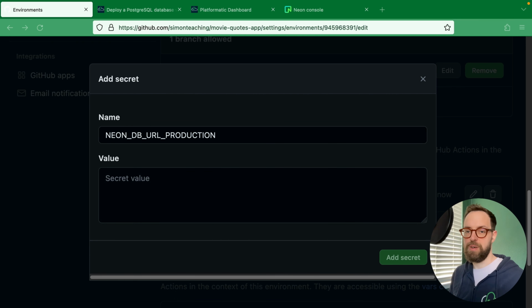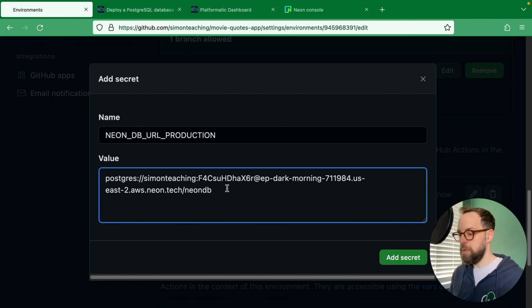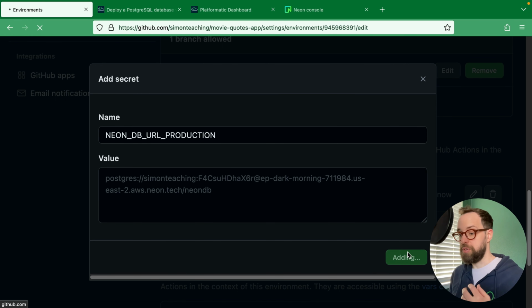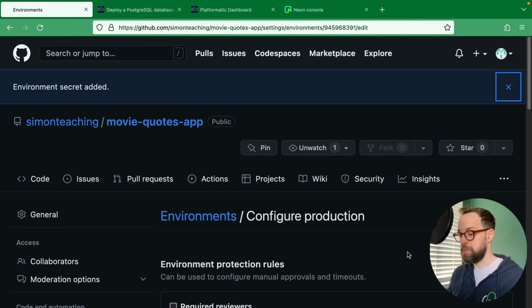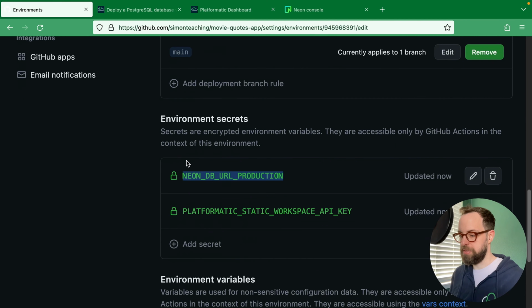So hopefully you can see now why we're starting to separate things out. We don't want to mix the preview and the production credentials. It's important that we make sure that we're deploying things to different places and that we're not accidentally overwriting our preview environments and our production environments, because that would be very bad news. Okay, so now we have the production environment set up. We've got these two settings here, our Neon production credentials, that connection string, and we have that static workspace API